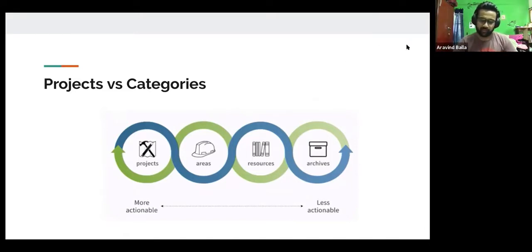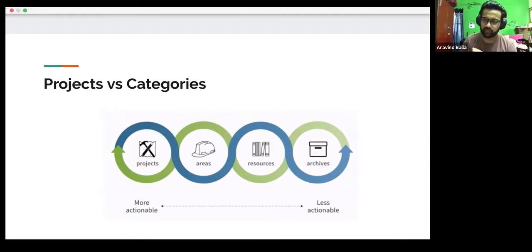If you have an app idea and you worked on it for a while, but you don't have time anymore, so you want to take it up in the future, that is the time when you move it back to an archive, so that when you see your projects, you currently see only the things that you're working on.